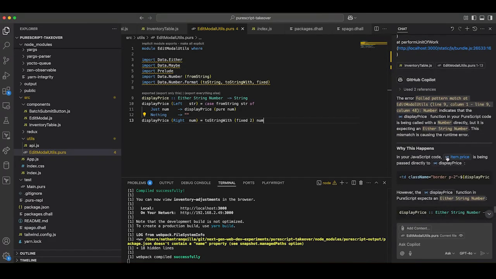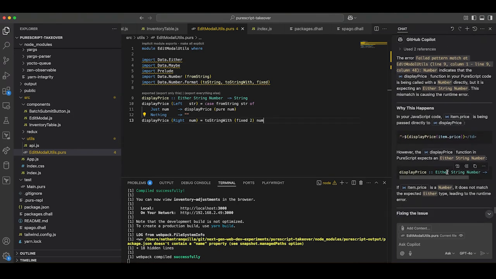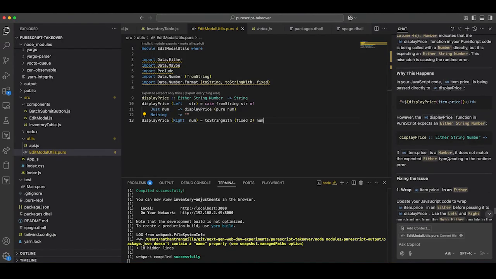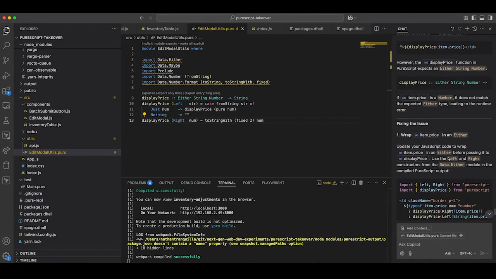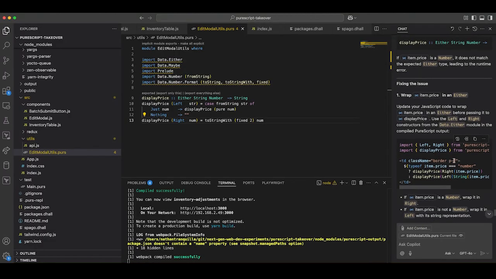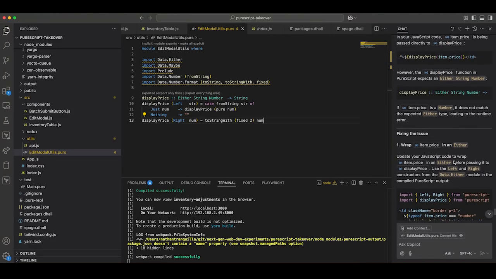Item.price. Why this happens. However, display price function in PureScript is supposed to take an either. Oh, it's expecting an either. Right. Okay. All right. So the integration point has to be an either. I don't want to make the change in JavaScript. I really just want to handle it in